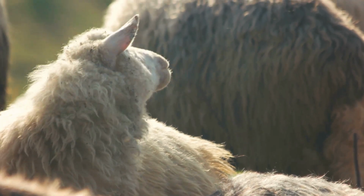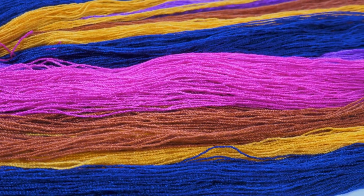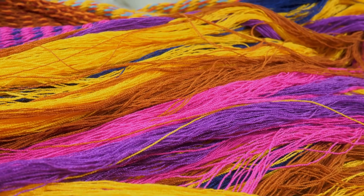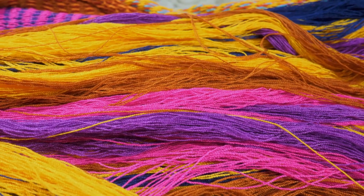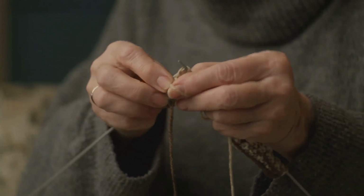sweaters to intricate lacework. The wool's natural shades of white, grey, and black provide the canvas upon which Norwegian knitters paint their masterpieces. However, it's not uncommon for these artists to dye their yarns, introducing a palette of vibrant colors that enhance their designs. In addition to the quality of the wool, the techniques employed by Norwegian knitters are crucial